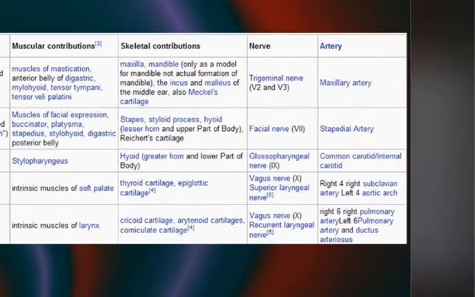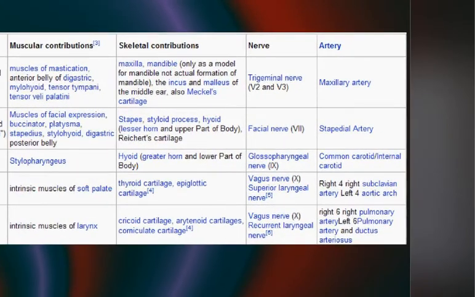The upper jaw actually has two parts. One is called the premaxilla and one is called the maxilla proper. The premaxilla carries the incisors. The area of the upper jaw that carries the central and lateral incisors is called the premaxilla, and